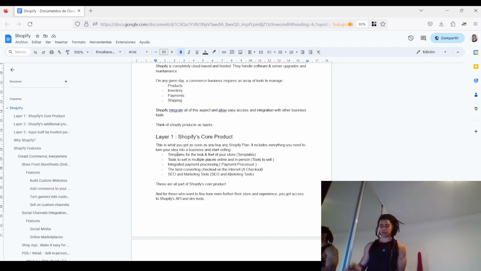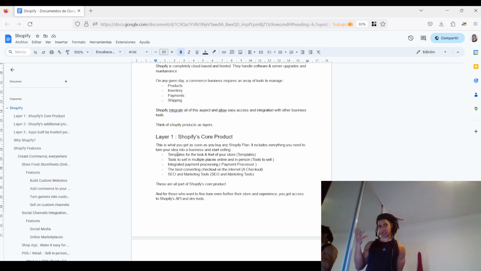Okay, so once you gain traction in your business, Shopify recognizes that your business has unique demands and needs. So they come with a second layer. The first layer is something that I already described, the Shopify core products and services. And the second layer is that once you gain traction, when you're starting to grow your business,